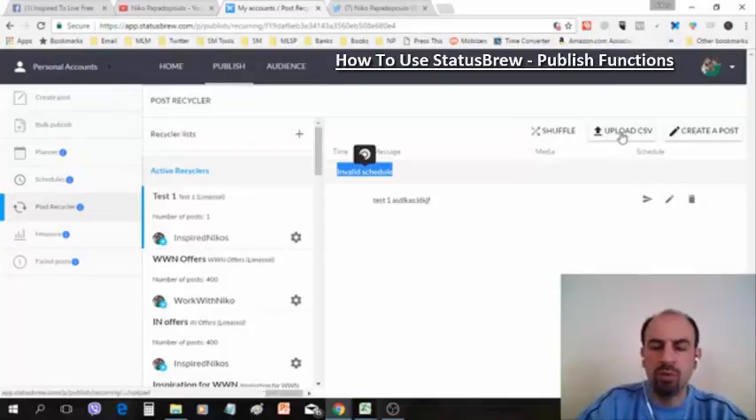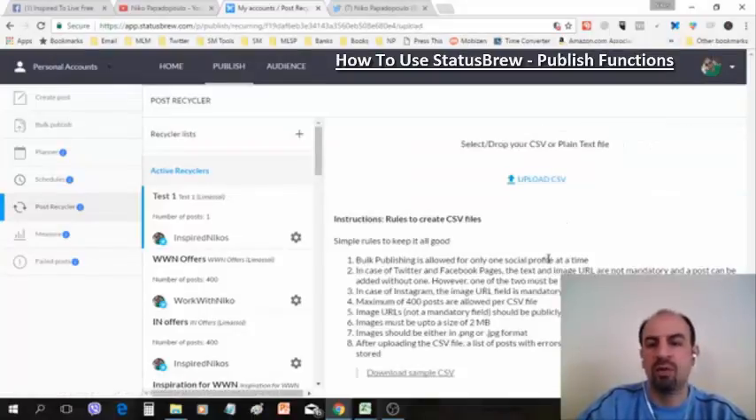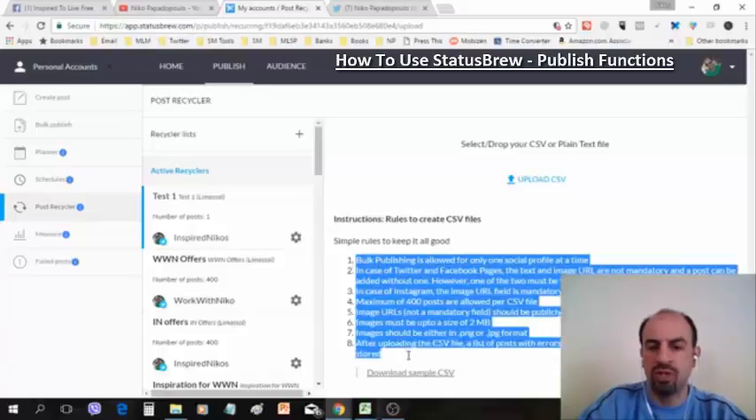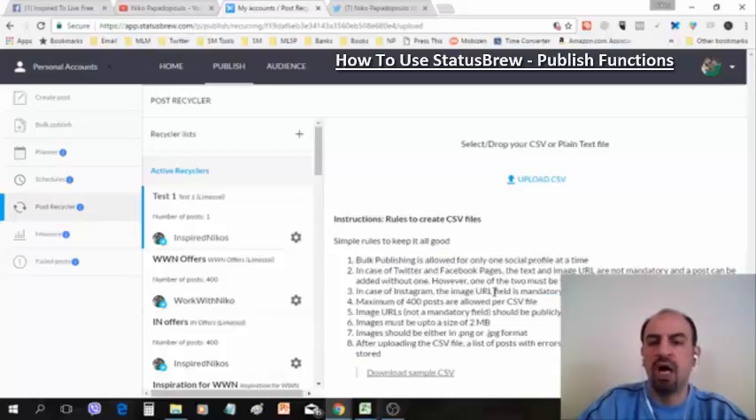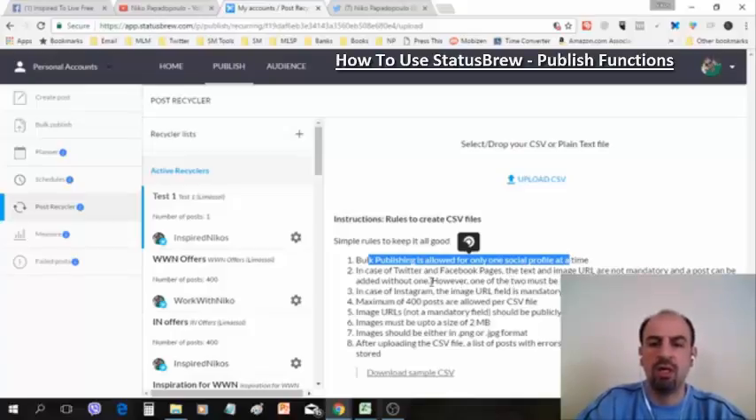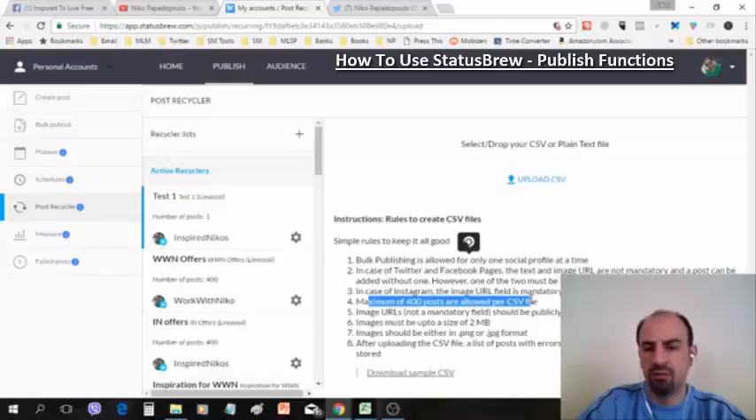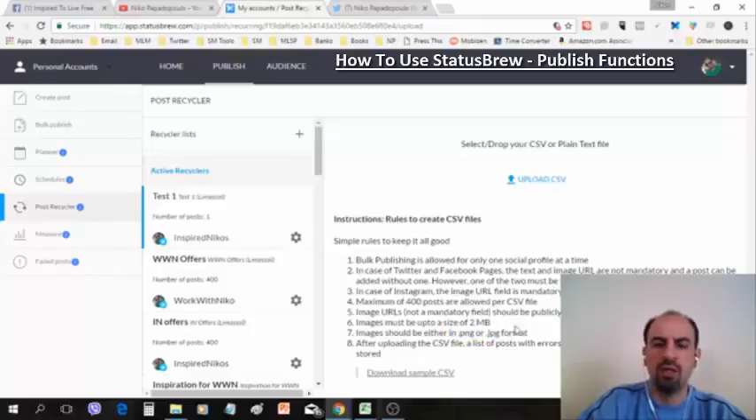I want to upload 400 tweets so that you will see the power of this thing. Now make sure you read all this stuff, okay, the rules basically. For sure you can only upload one social media profile at a time. It makes sense. And this is very important, that you can put up to a maximum of 400 tweets per CSV file. It shows here the limitation for your images that you are linking. They must only be up to 2 megabytes. Again, this is a PNG or JPEG format. Okay, you can download their sample from here, but let me upload